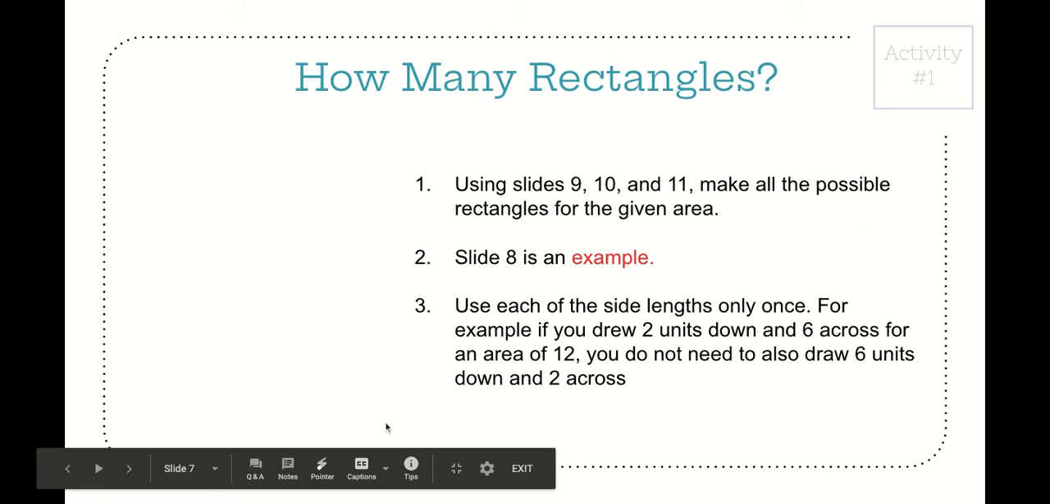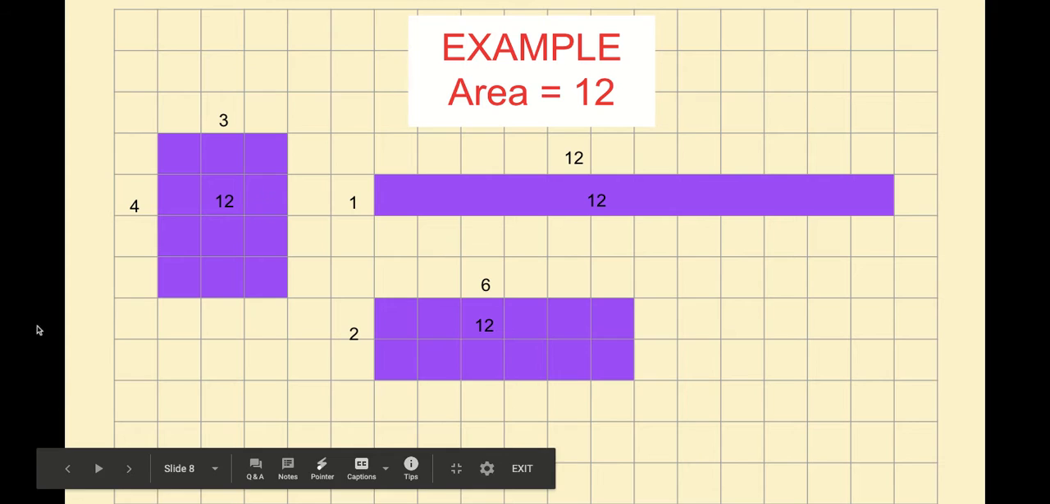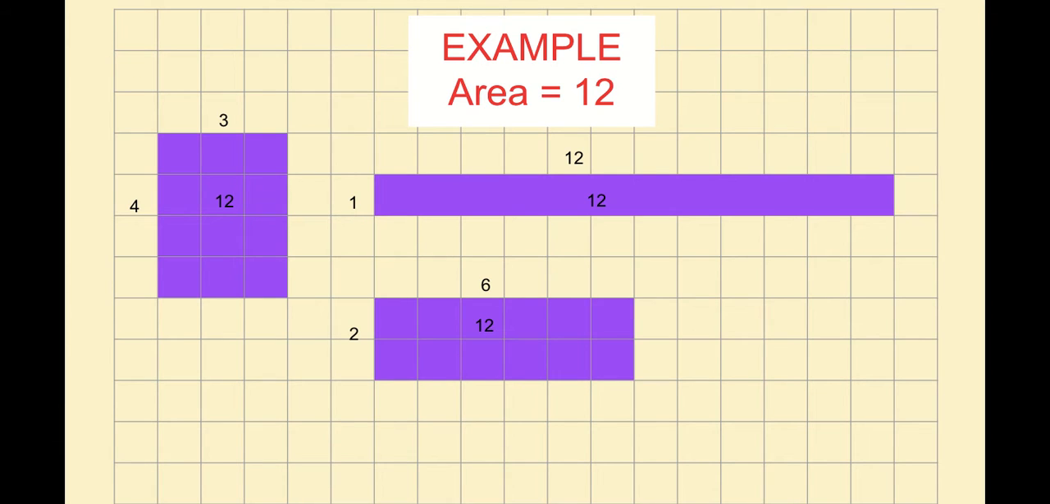Let's go ahead and look at slide 8. So, when thinking of possible side lengths, you need to think about which 2 numbers you can multiply that will equal what the area is. For example, we need to find side lengths that when multiplied together, they will equal 12. So I always like to start with 1, and I know 1 times 12 would equal 12. So I have a width of 1, there's 1 square going down, and I have a length of 12, there are 12 squares